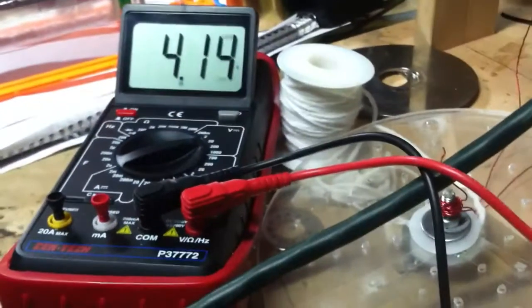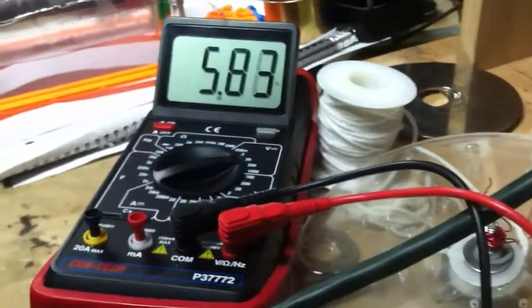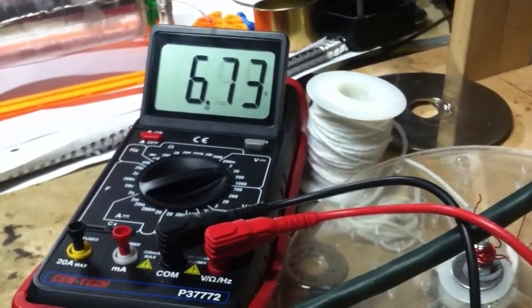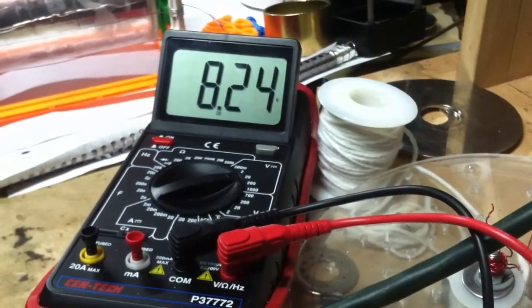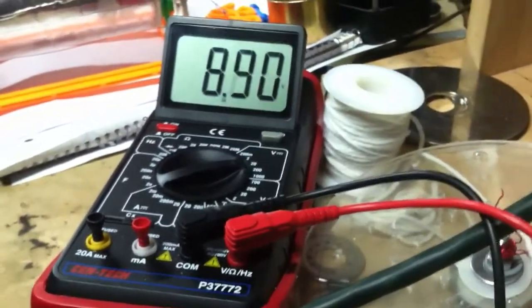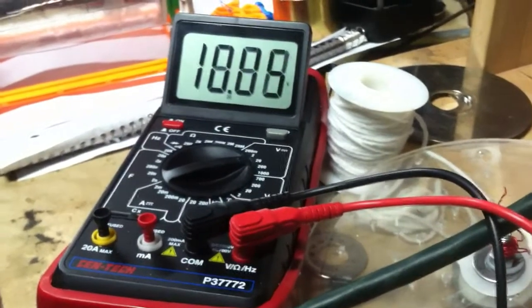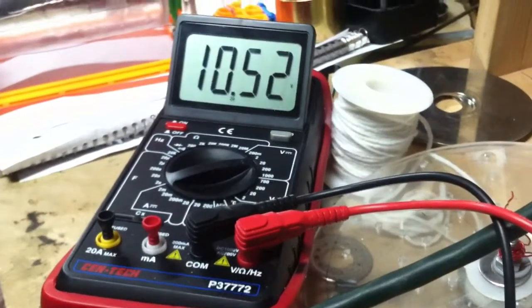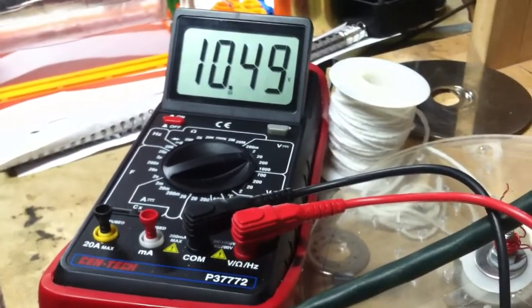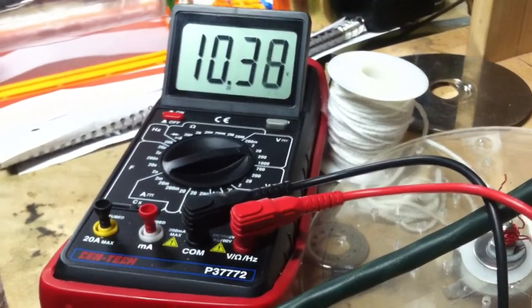But if I pull it, which is what I'm doing right now, you can see she charges up pretty quick. And once it hits about 10 volts, it will kind of cap out, 10.40, something like that. So when it hits 10 volts, bam, I dump it. So it would be a slow pulse into the capacitor, but it would beat trying to, there we go, leveled out about 10.40, it'd beat trying to